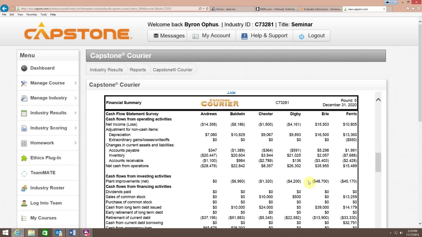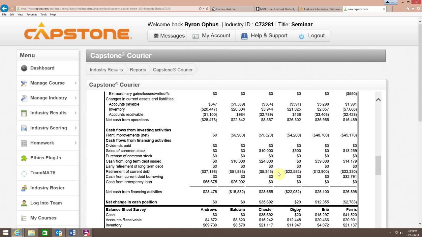So if I were their competitor, I'd probably want to know what they're spending their money on. Is it going to continue to improve their contribution margin, or are they maybe gearing up so that they can sell more products and take more market share in other segments? So long-term debt, we see some teams actually taking some long-term debt. We still see teams selling common stock.